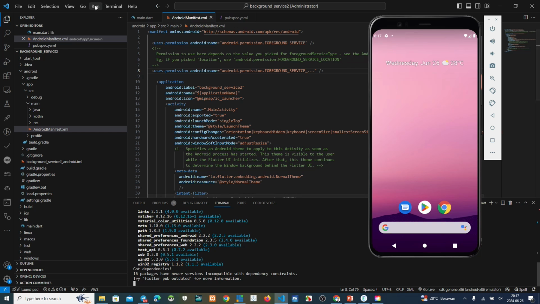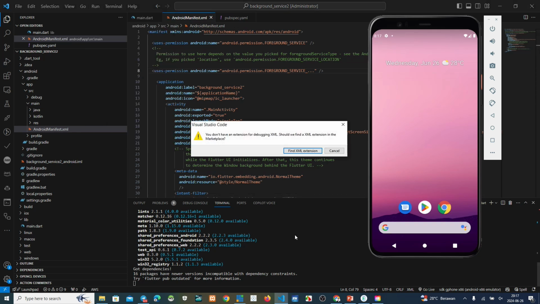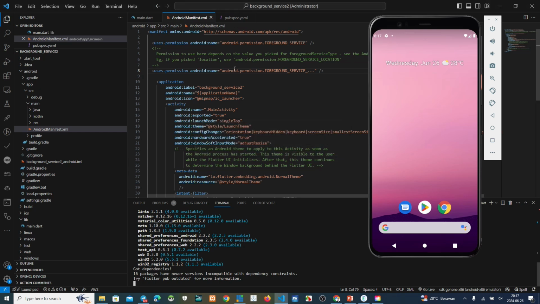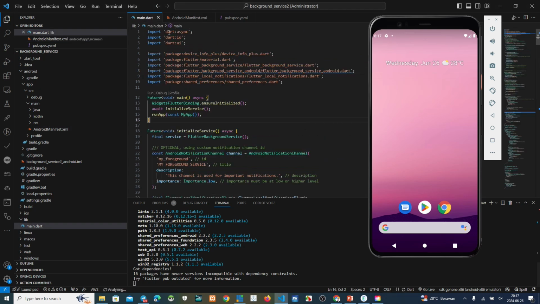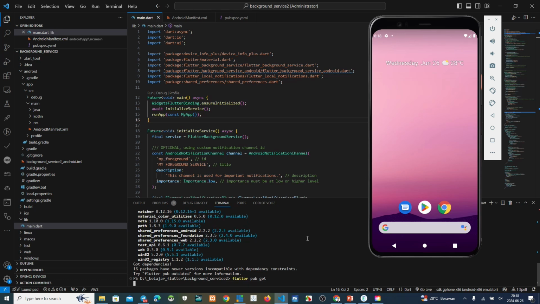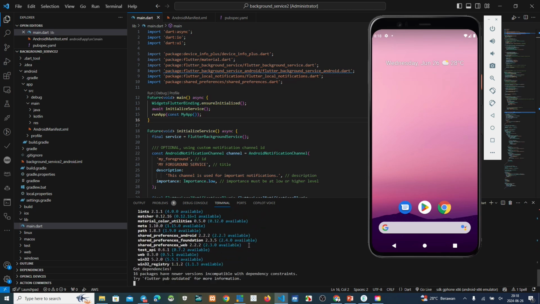Okay, after that we run again, and oh sorry, we must run on the script, not on XML. We run that script. Okay, this is information, a new version about the package from Dart, from Flutter. Okay, now we run again, start debugging.